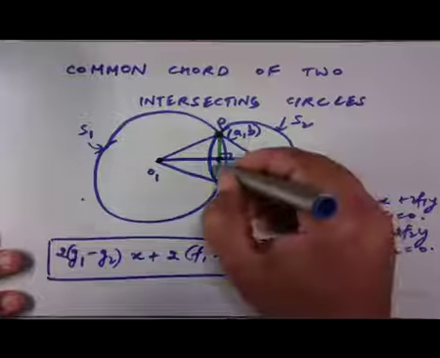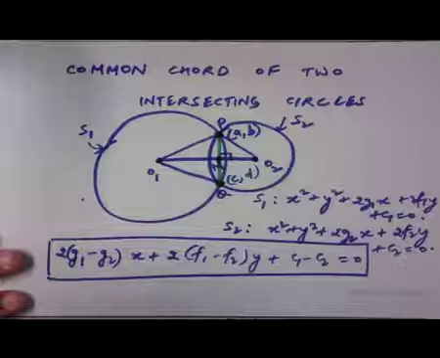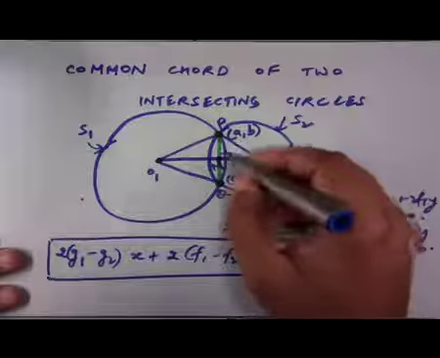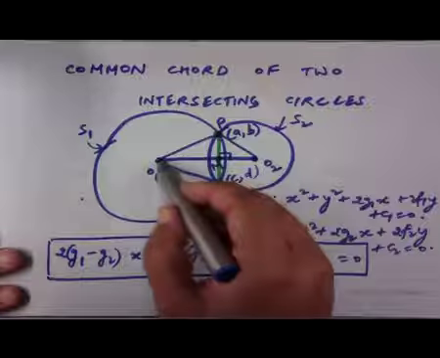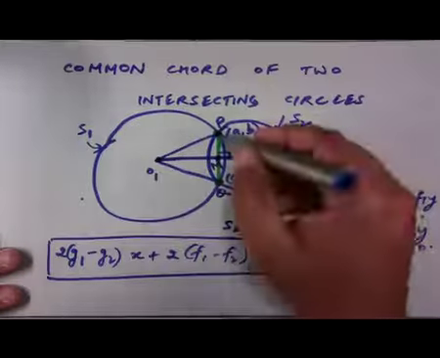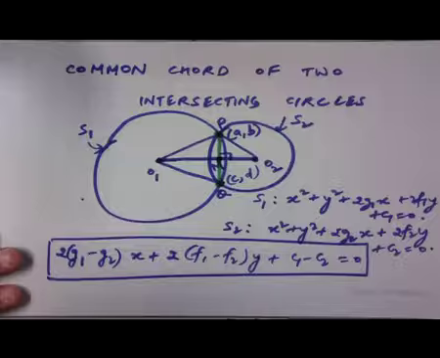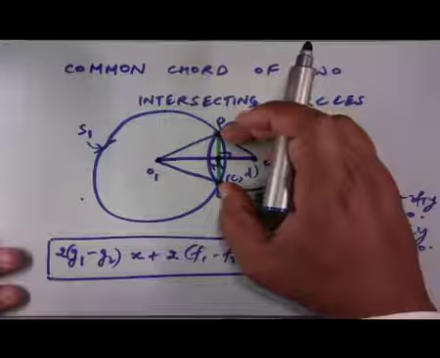Let us say this point here is M. Since this line joining the centers is perpendicular to this chord PQ,